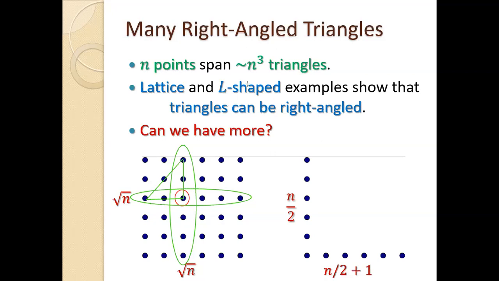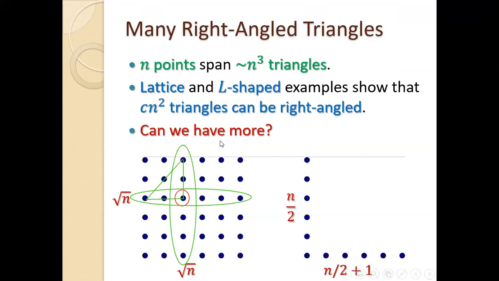What can I say about the total number of triangles? Approximately how many would that be? Any point that I choose, I can find about n right angle triangles next to it. So in total, I get, very good, n times n, which is n squared. Very nice. Is that okay? Do you see what's happening here? If not, ask. I'm here to explain. If I'm going too fast, let me know.